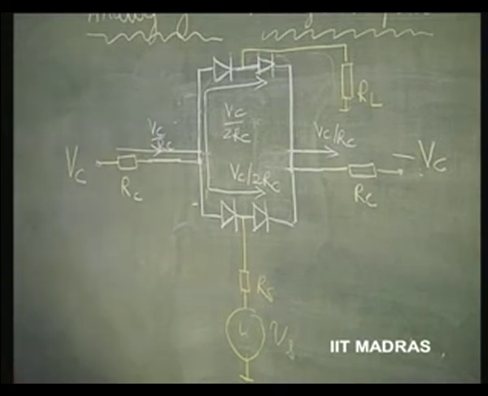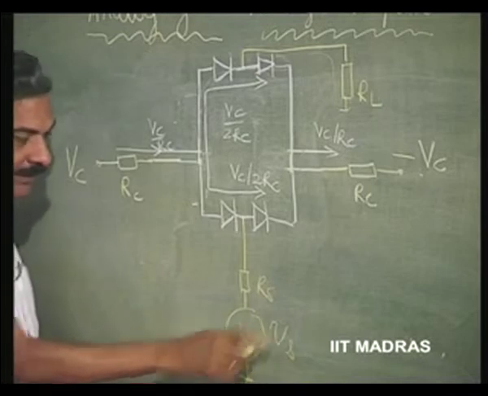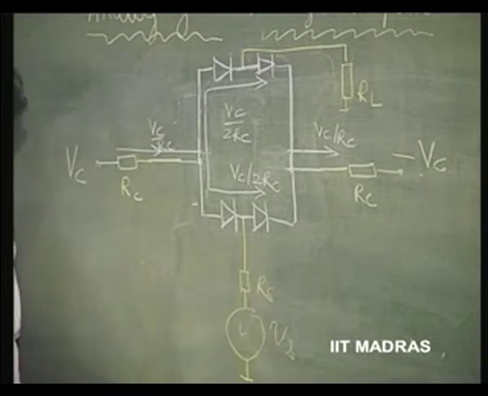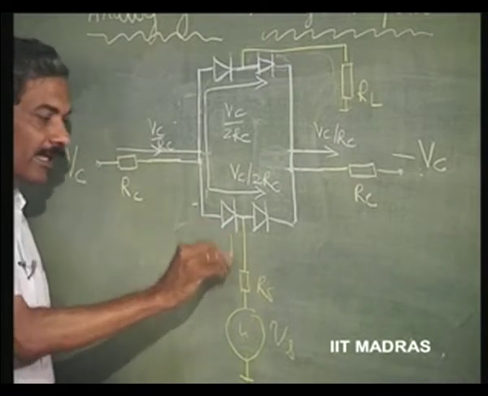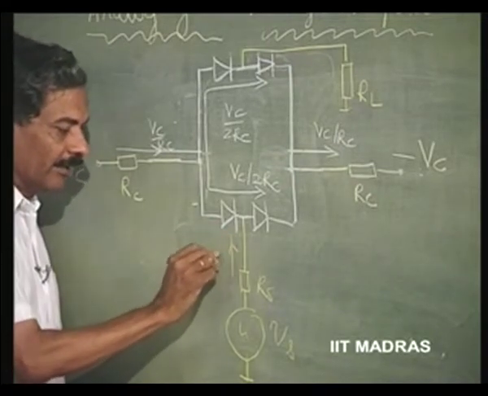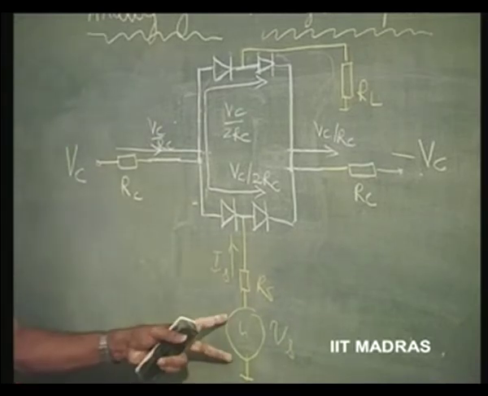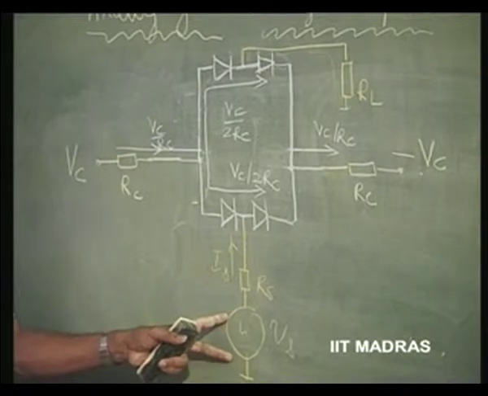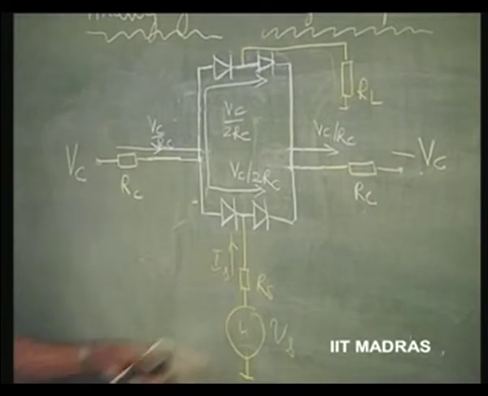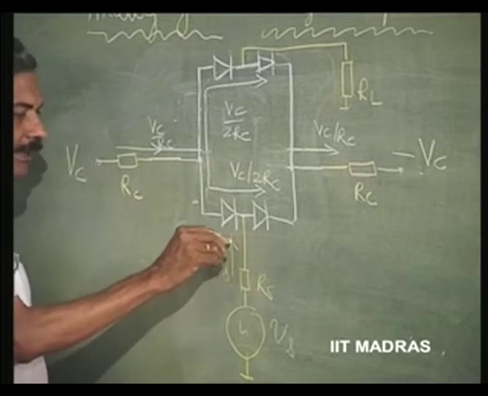Now, if I connect a signal source Vs here, it can pump in a current in this direction. This is, let us say, Is, or in the opposite direction, it does not matter. This is a signal source whose signal will go both positive as well as negative. When this signal pumps in current here,